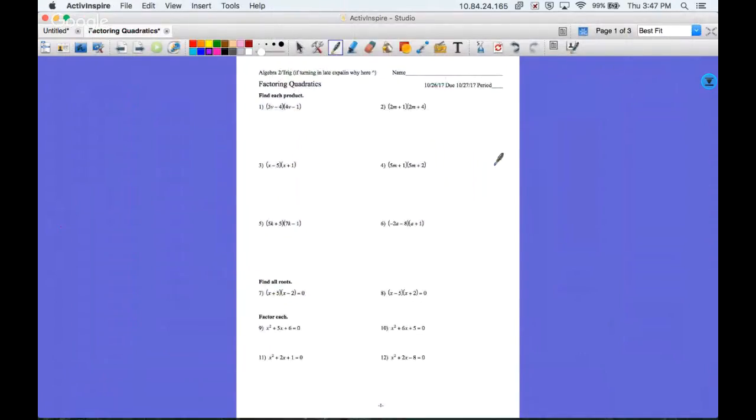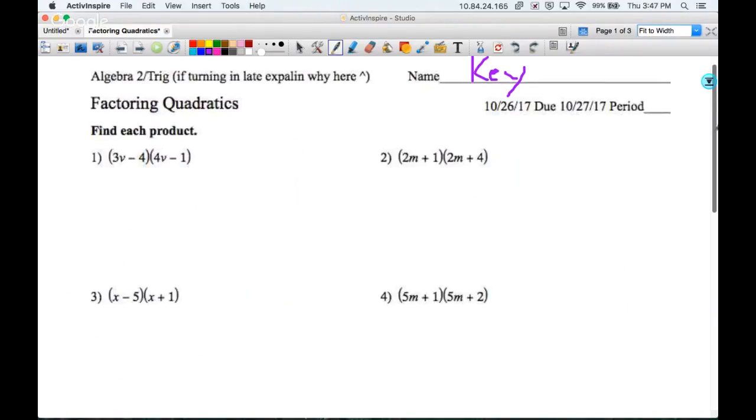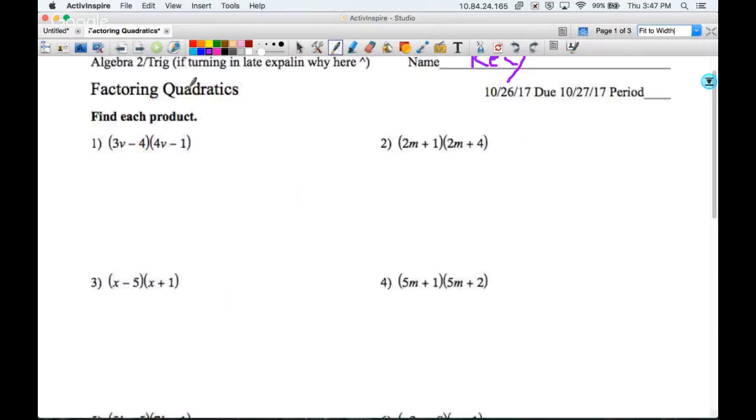All right, this will be the key for factoring quadratics. I'm not going to do every problem here, but I'm going to do a fair amount of them, hopefully enough to get you started. In the first section, when we're finding each product, we're just FOILing